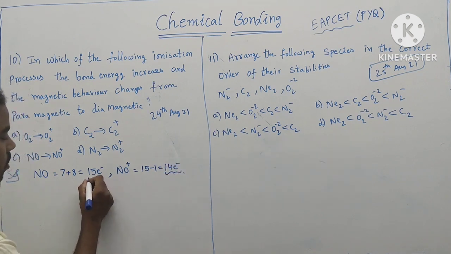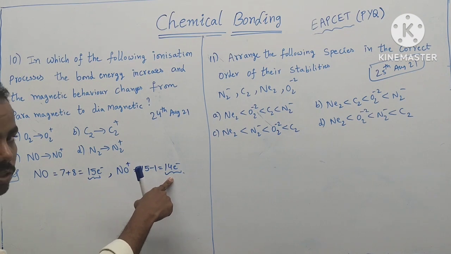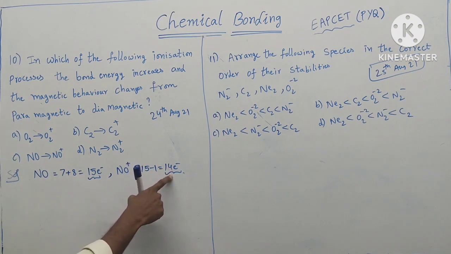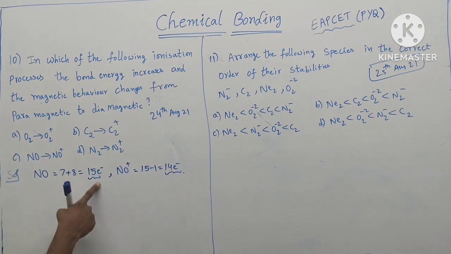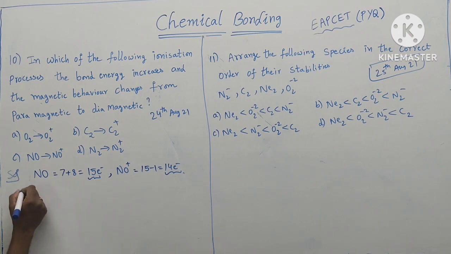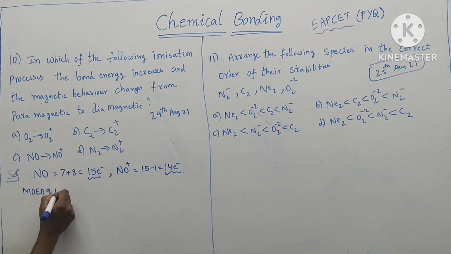By the shortcut, for 14 electrons the bond order is 3, and for 15 electrons the bond order is 2.5. So when you write the MOED of NO,